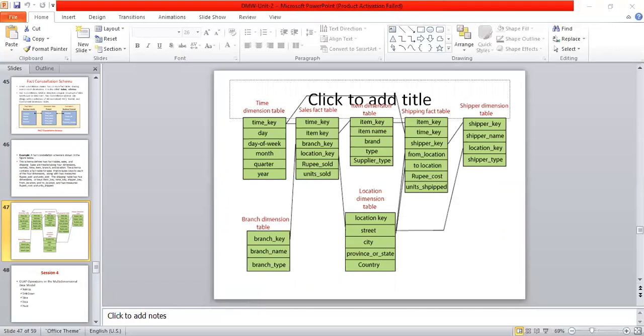So what are the disadvantages or advantages of this fact constellation schema, as there are two or more fact tables. The primary disadvantage of this schema is that it is a very complex design.